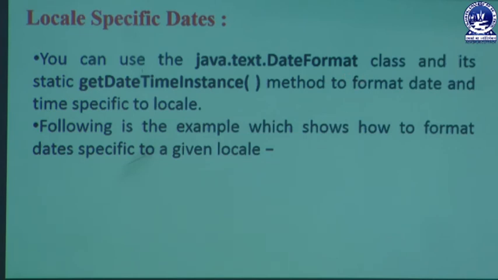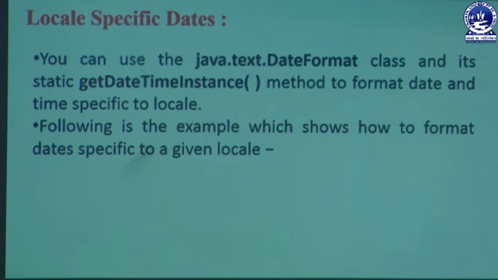Because you know that in a locale system we have a system-defined date. If a user needs to change this system date according to their own wish, we can take the help of this method, named the getDateTimeInstance method. Through this method, we can easily retrieve the date of a specific system, and we can manually change it according to their requirement.